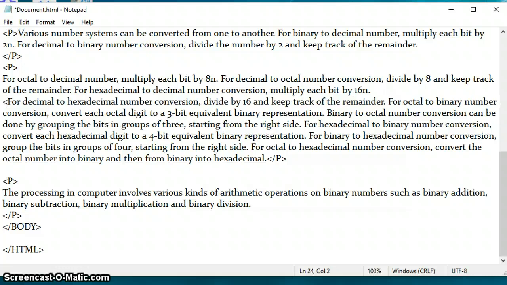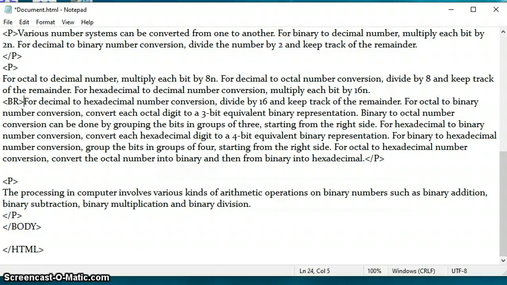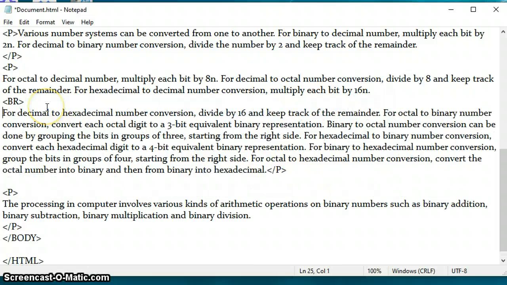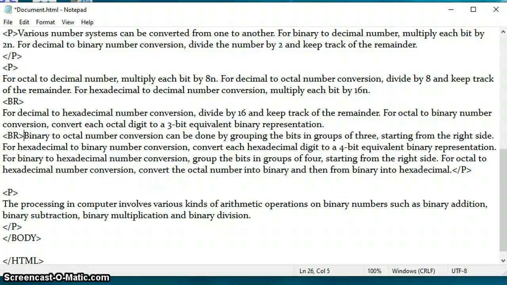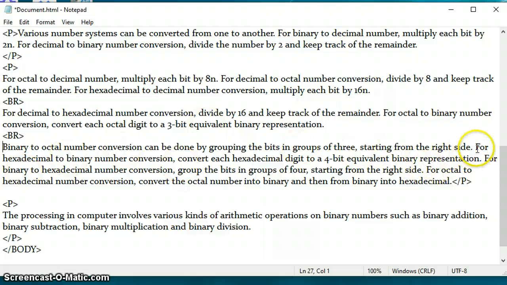Break tag is BR, and break tag is an empty tag. That means it has only an opening tag, no closing tag. Generally when we are writing an address, we can use a break tag after each line when you want the address to come to the next line. So I want this to be in the next line, so I will add a break tag. Then I want this also to be on the next line.